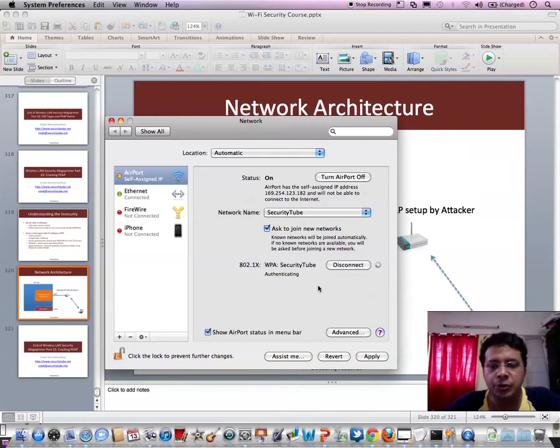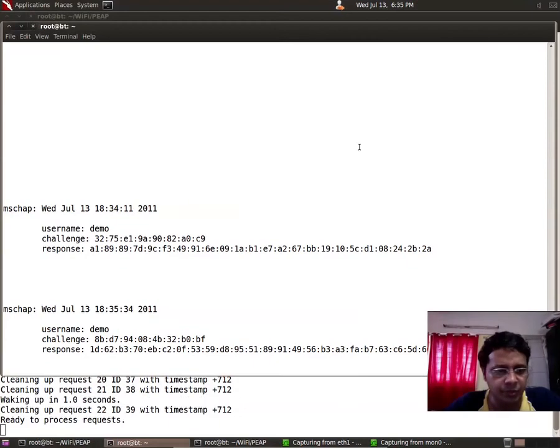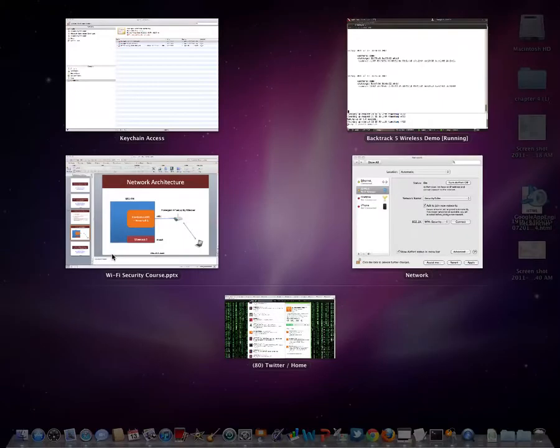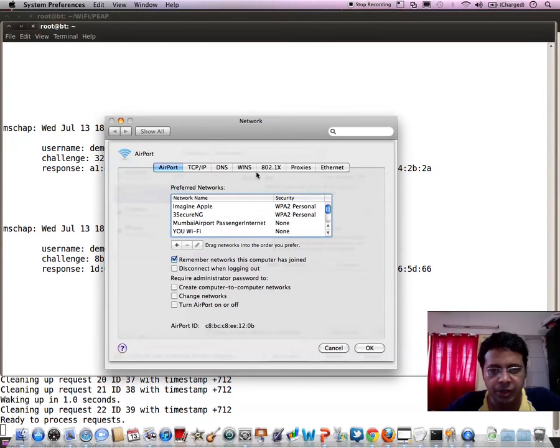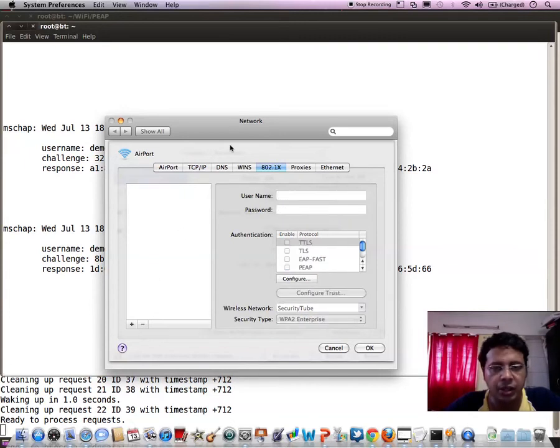It asks us for our username and password, and actually tries to authenticate on its own using a username and a password, right? Once again, these two are something which the system is automatically using. So let's suppose that we do not have something created, which is, we voluntarily remove both of these, right? What is actually happening is that it is ending up using this profile instead of the other one. Let's click OK,